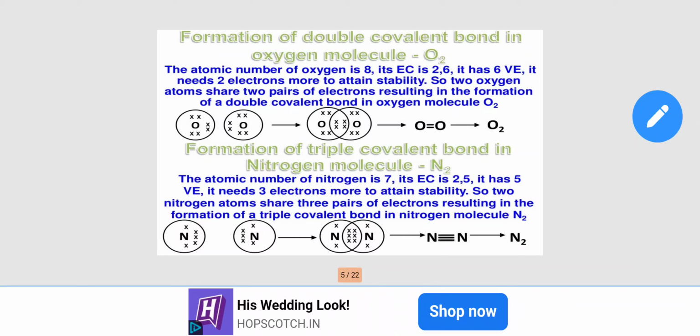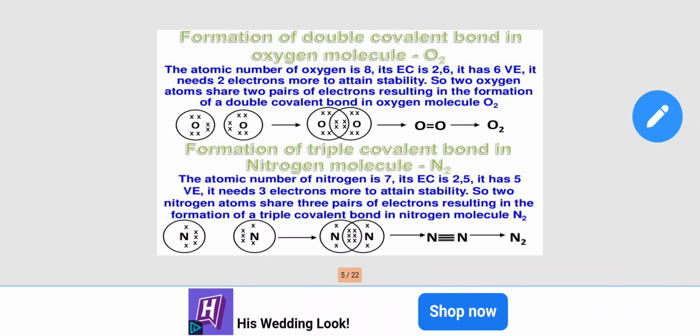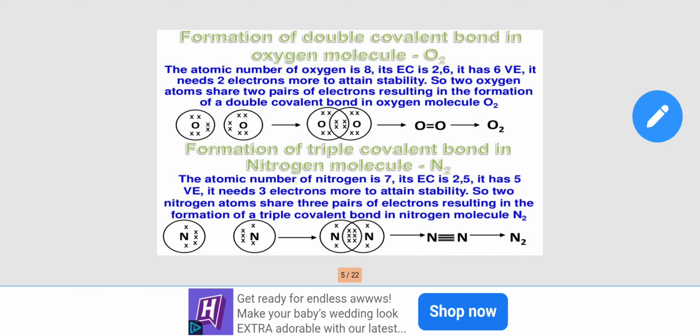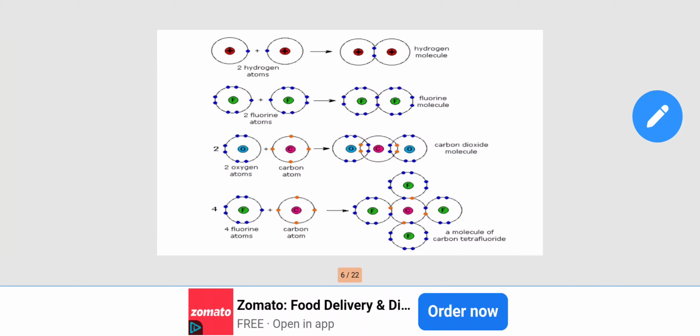The atomic number of nitrogen is 7. Its electronic configuration is 2, 5. It has 5 valence electrons. It needs 3 more electrons to attain stability. So, two nitrogen atoms share 3 pairs of electrons, resulting in the formation of a triple covalent bond in the nitrogen molecule, N2. You can see here this all our example is hydrogen atoms combine